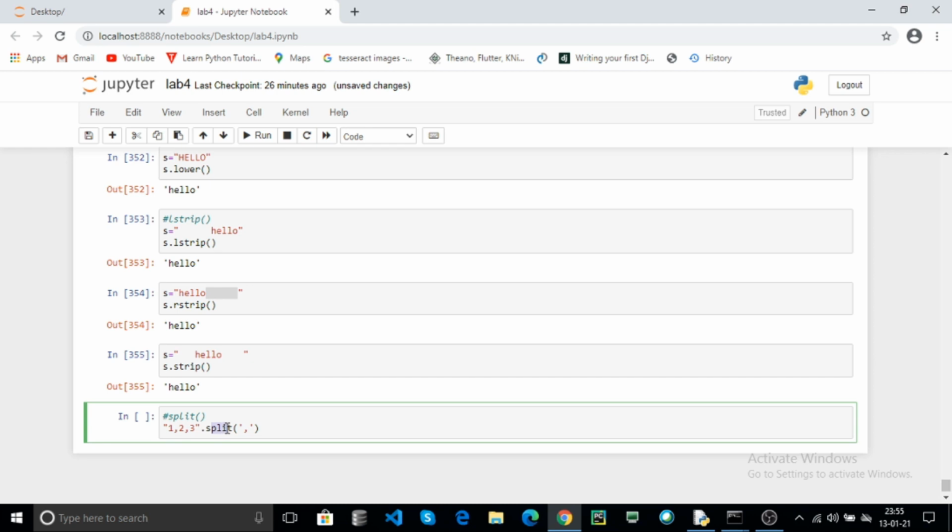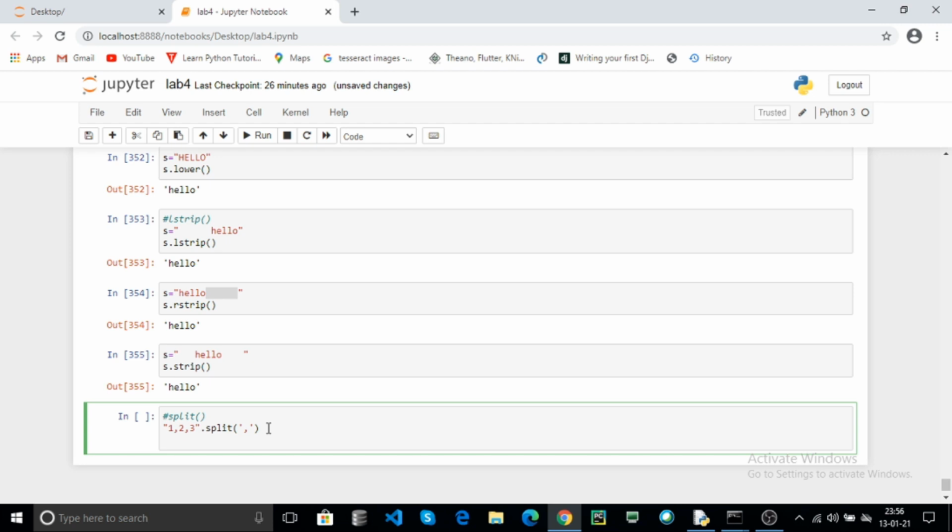The split method is used to separate the string at every comma mentioned. Here it returns a list. The list contains every part at one index, because after the comma the 2 will be split, after the comma the 3 will be split.